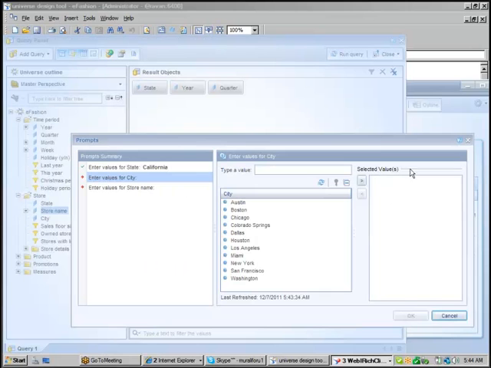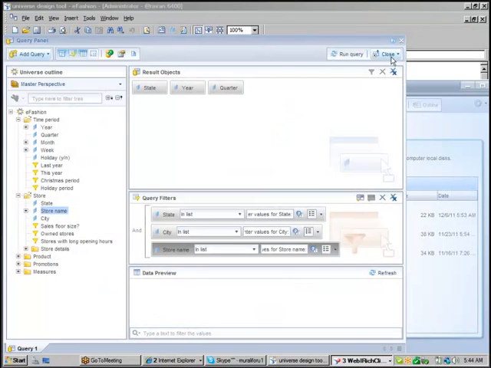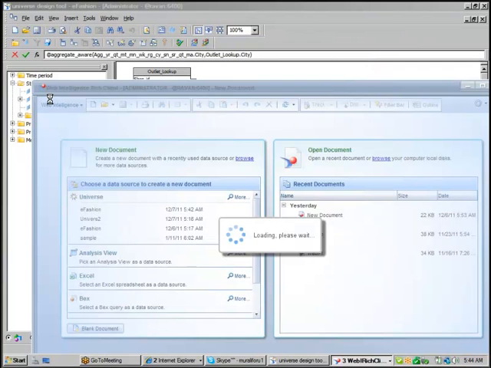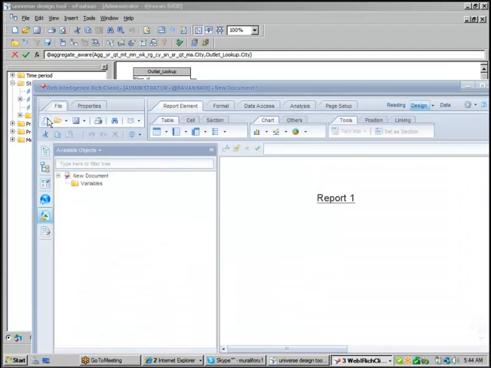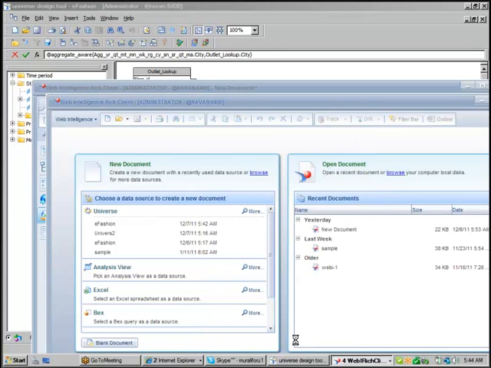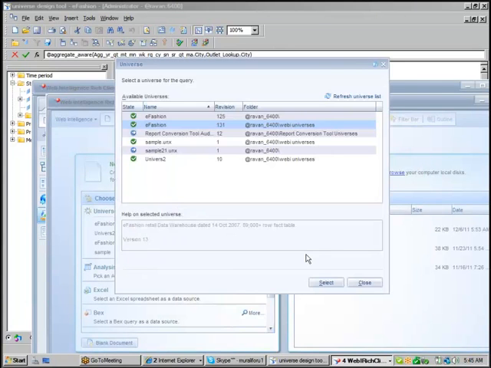I want to create a new report. Let me create a new report on the universe. Select that particular universe. Yes, now I am going to select a universe which is there in the WebI Universes folder. Click on select.